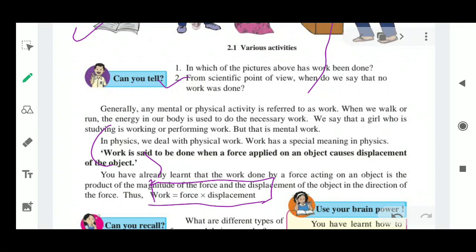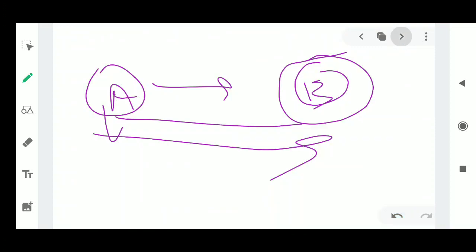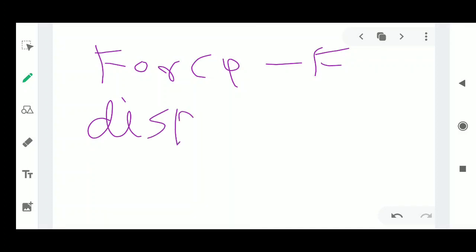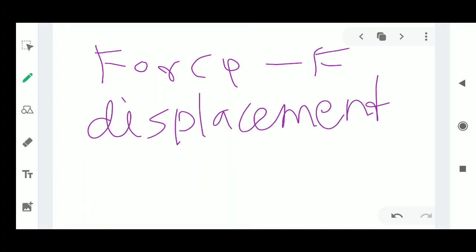Force is represented by F. Displacement is represented by S. Okay, and work is represented by